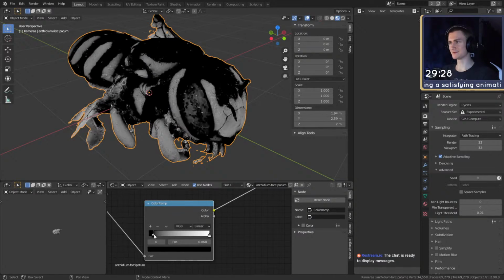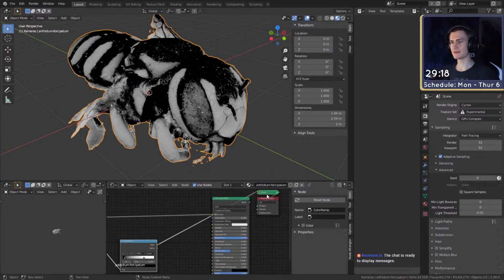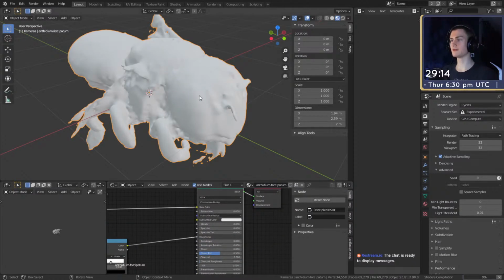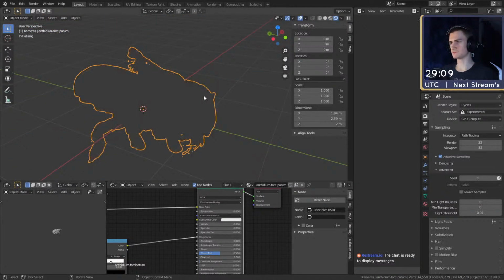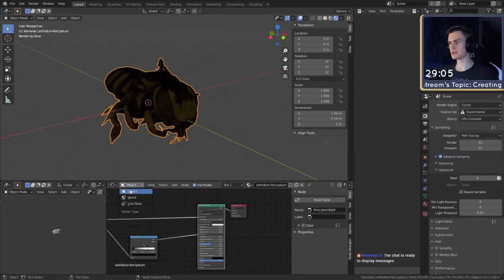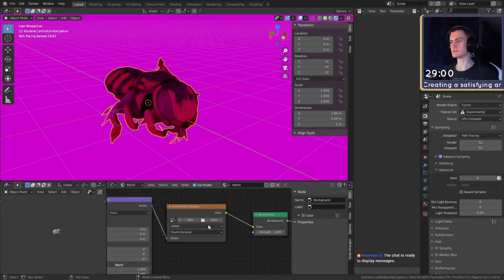Pull this over here somewhere so we get some more of that darkness. So we have some dark areas and some light areas, more something like that maybe. And then we can use this color for the roughness. If you plug that in again, we can see nothing changed because we have to change the rendered view, otherwise we can't really see it. And then just to see it better, we can change from object to world and put in an HDRI so it's easier to see. Let's see what we need or what we should use.